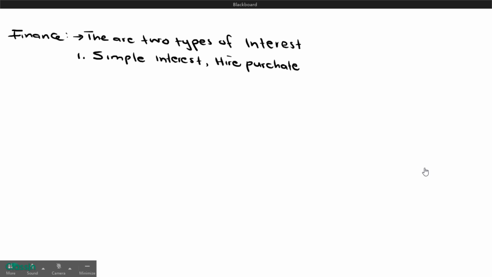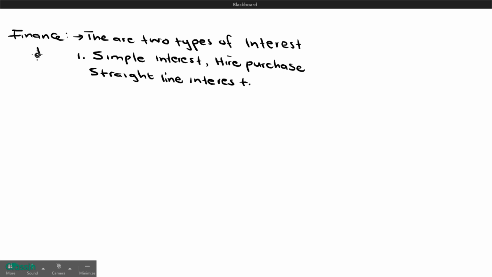Someone can say instead, ashimisha the word hire purchase, or simply straight line interest. So now, if we are talking about simple interest or hire purchase or straight line interest, we should understand that